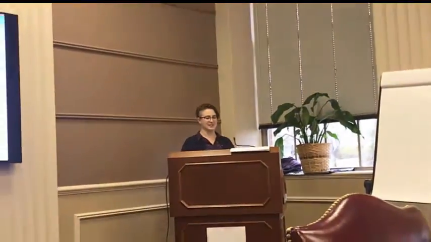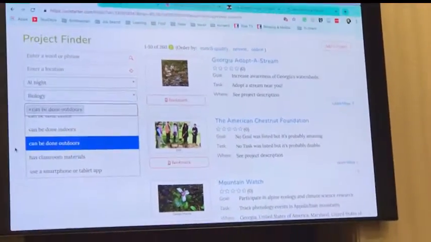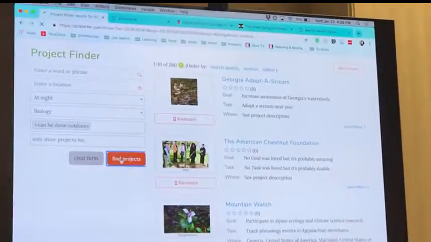Or I want to do a project that can be done outdoors. Well, that doesn't make sense. At home, outdoors. Let's do at night. And I want a project that can be done outdoors. There are a whole bunch of different ways that you can narrow down which projects will be shown to you. And so if we say find projects,